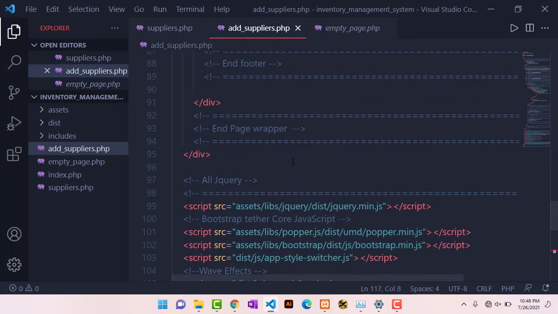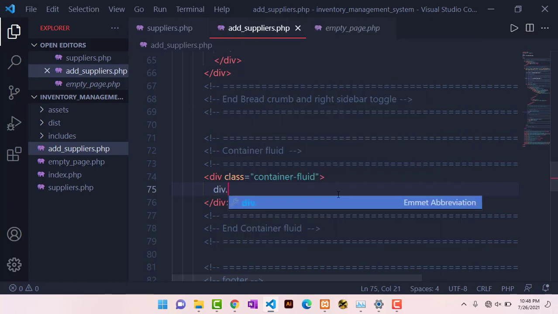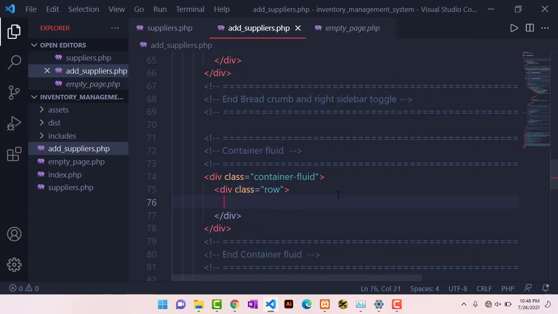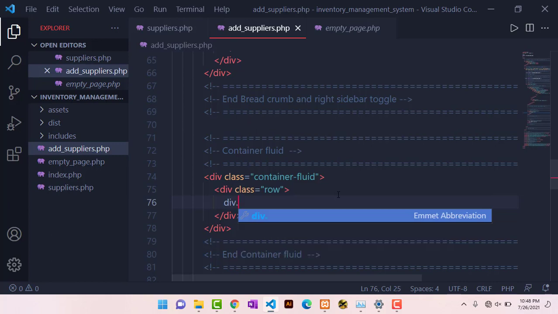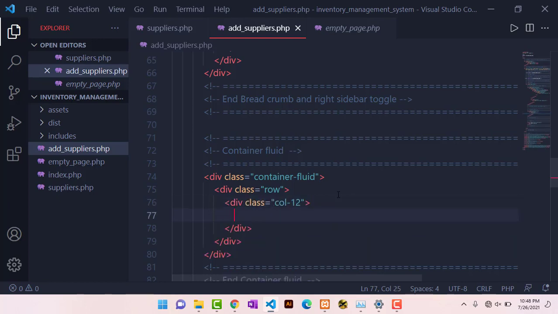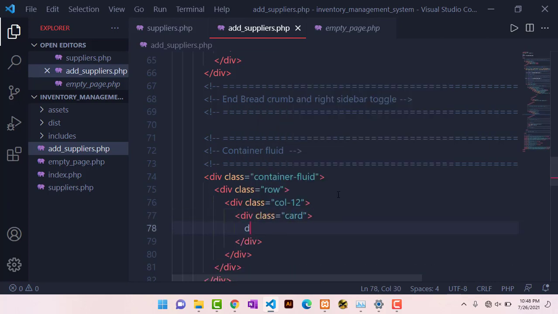save that, head on to this portion here, and as usual here we'll again have a row. So a div with a class of row. Within this row we are going to create the 12 columns. So I'll say a div col-12. So now within this we are going to come and have the card. So just say card. Again here we have the card body,